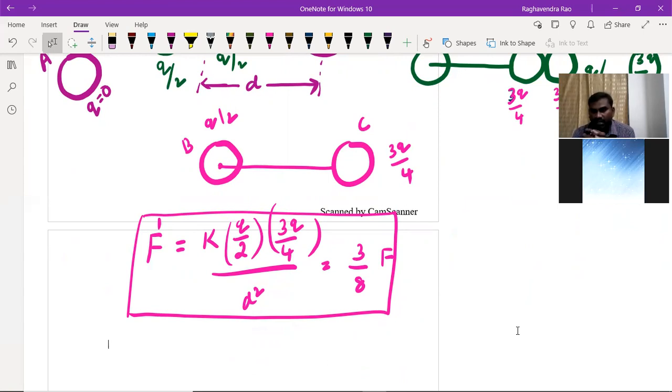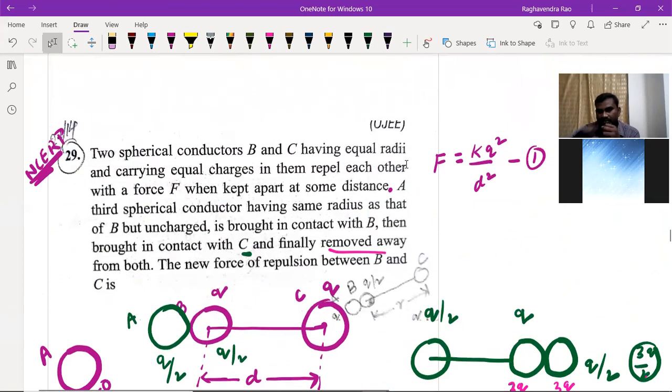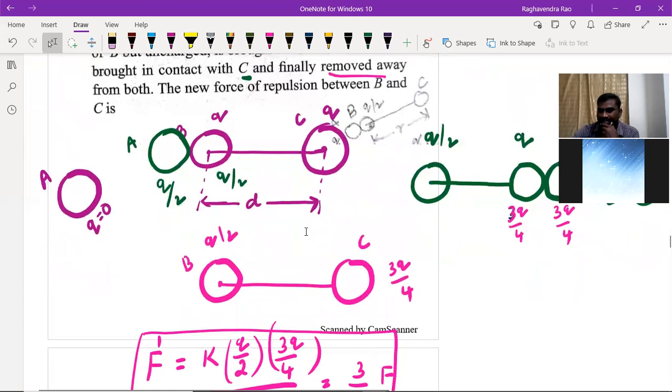This is exactly an NCERT exercise question, given in previous examinations as well. If they want something lengthy, they will give the contacts and removals, then ask what the force is. With Q by 2, Q, that's all, a one-step question will complete. If they don't want to ask this much, they will ask only half of the question: contact with A and remove, then what is the new force between charges. Like that they will ask.